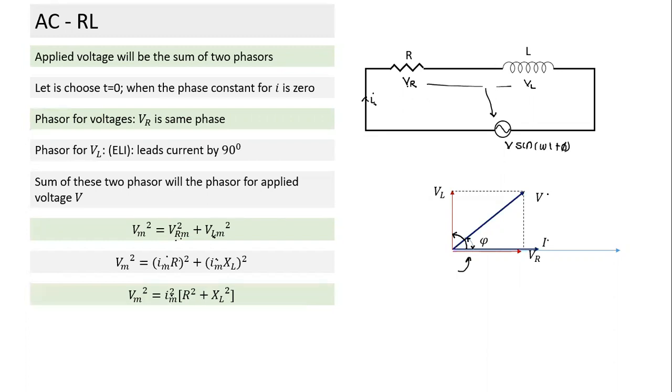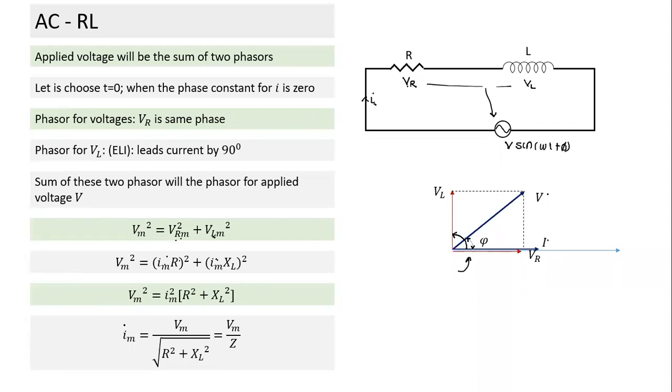I get the amplitude of current from this equation. What is the amplitude of current equal to? Amplitude of current is equal to Vm divided by some value. And this value will have the same dimensions as R. This term in the denominator is something new. We came across the R term, we came across XL, and now we come across a term called Z. Z is also called impedance.